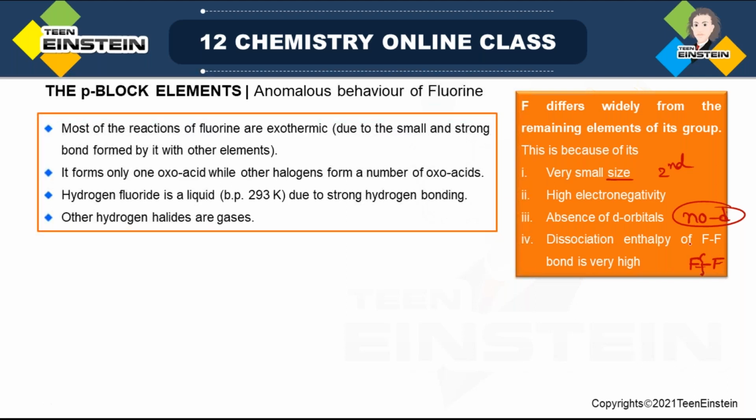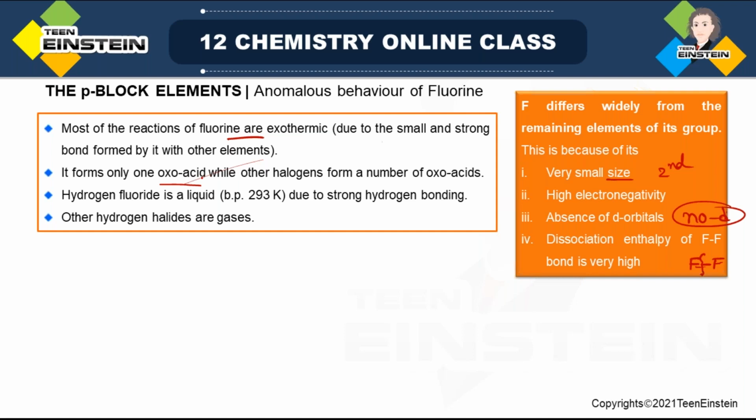So because of these reasons, the difference in behavior that actually occurs, now we will see that most of the reactions of fluorine are exothermic in nature. The reason behind it is small size and strong bond formed with other element. So that is why the molecule is very stable. That is, the product that is formed when fluorine is reacting with other element is very stable. That means the process is exothermic. Energy will be released. It forms only one type of oxoacid,